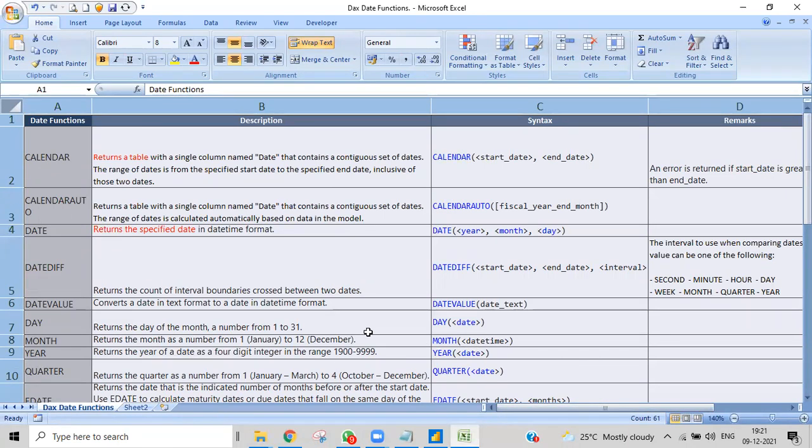Most of the time you will face this kind of scenario in real-time data: the date will be in text format. They won't tell you to consider those things. They'll just say you need to do some operations on the date, but you can't do that because it is already in text format. They obviously won't tell you to convert the text date to a date format; you need to take care of it. So we'll use this function on that particular table and create another column, so that we get a column with a date data type.